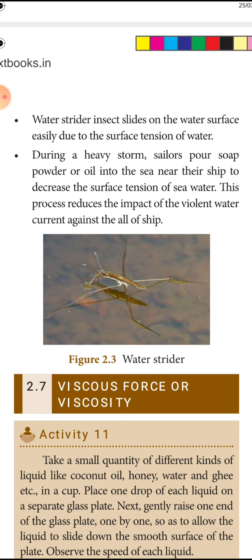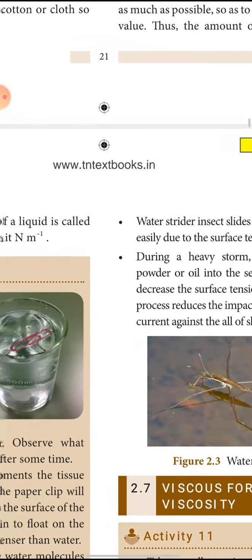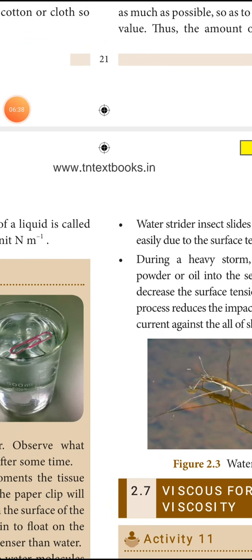During a heavy storm, sailors pour soap powder or oil into the sea near their ships to decrease the surface tension of the sea water. This process reduces the impact of the violent water current against the hull of the ship. Then we will see the viscosity in the